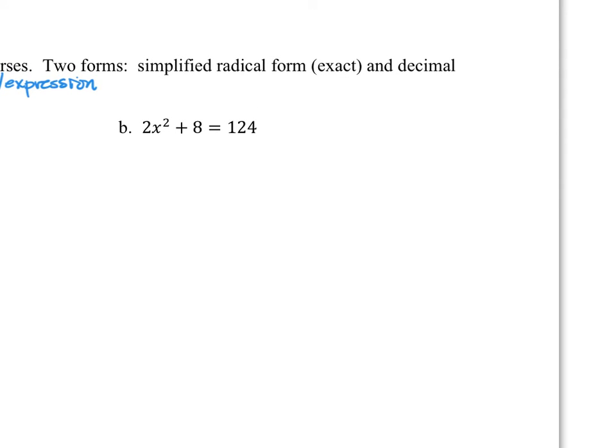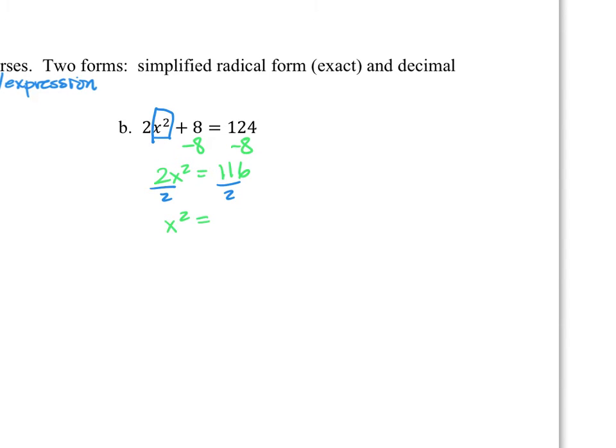So letter B, again, we need to isolate the x squared. So we need to get that by itself using our algebra inverse skills. So we're going to have 2x squared is equal to 116. And then at this point, we need to divide both sides by 2. We get x squared is equal to